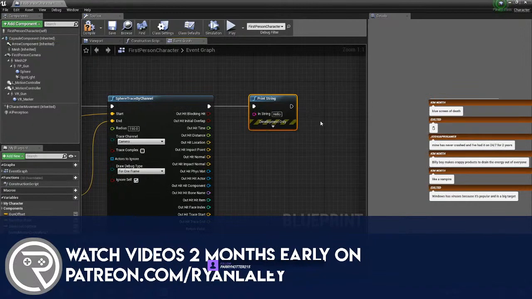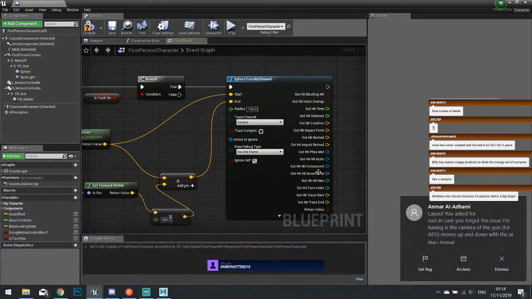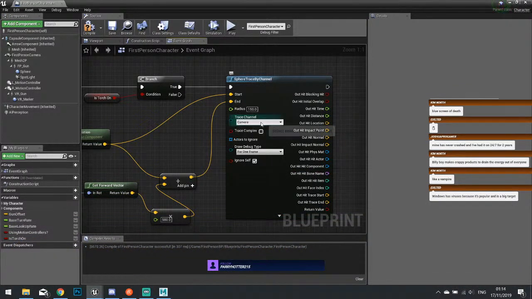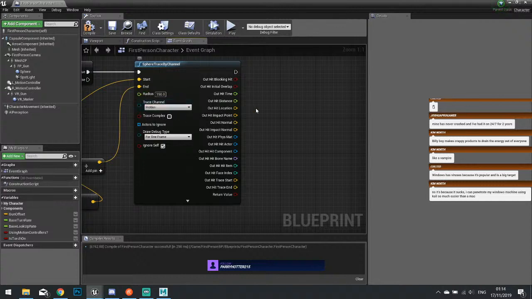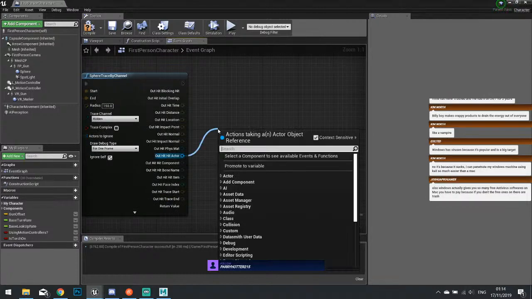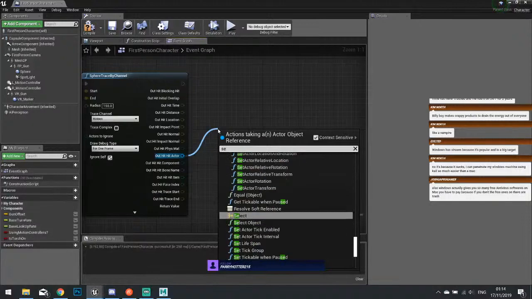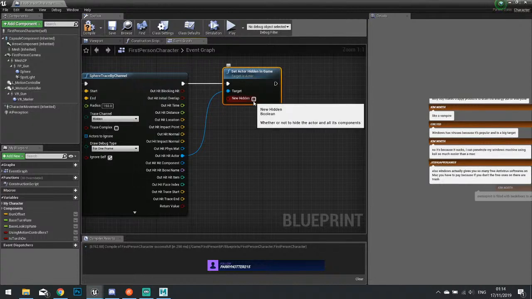Okay. And from that, I want to, why can't it show there? Oh, there you go. Had to compile it first. So trace channel hidden. It only hits things that are hidden, and returns their hits. And if it does, we're going to tell it to set visible, or set actor hidden in game. Set it to false,